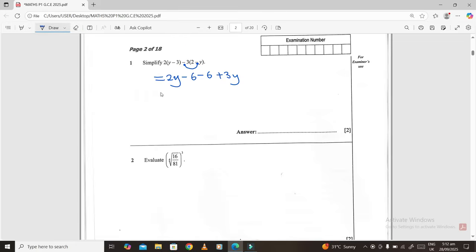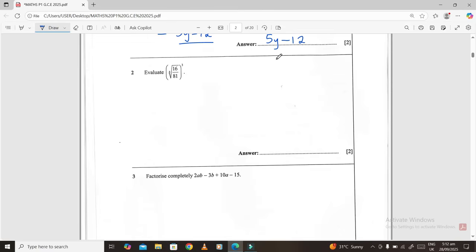So here, once you get rid of the brackets, you now group the like terms. Very important. So here you're getting 5y minus 12. And remember to write your answer here. So that means you've gotten 2 marks. For this question here,